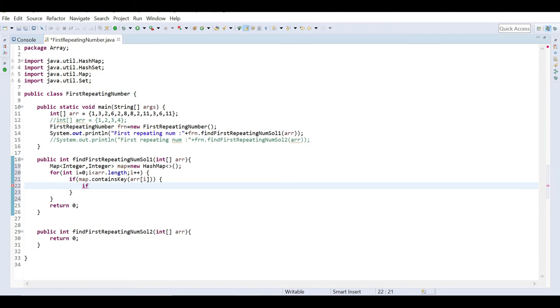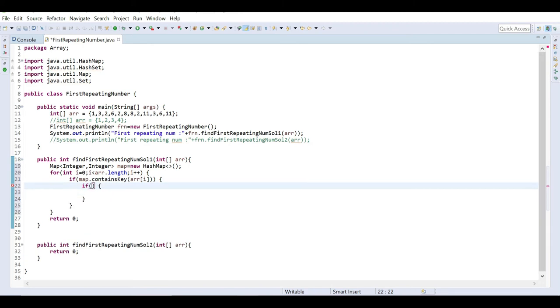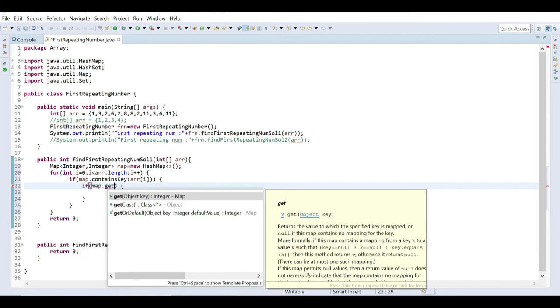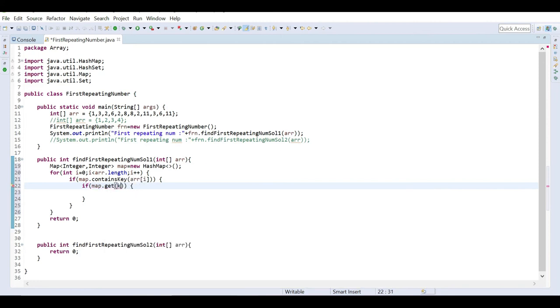So we have to check if map dot get of this key, which will be array of i, is greater than or equal to 0, then only we have to do this. Sorry, we have to put the condition here.